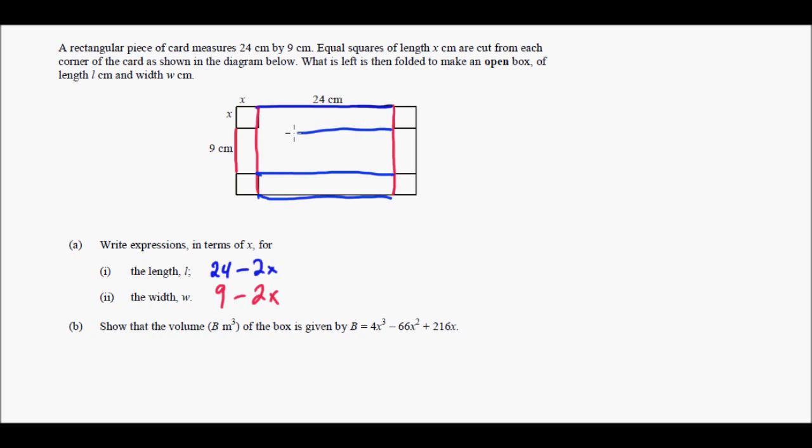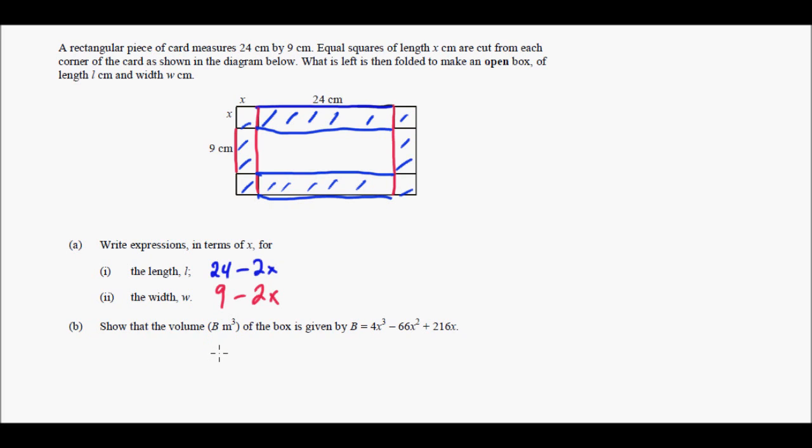They're going to fold this up like this. Okay, and then they fold it up. It's kind of hard to imagine right now, but imagine that all this right here is folded straight up. Okay, if you can. It's kind of a weird drawing. Okay, so show that the volume